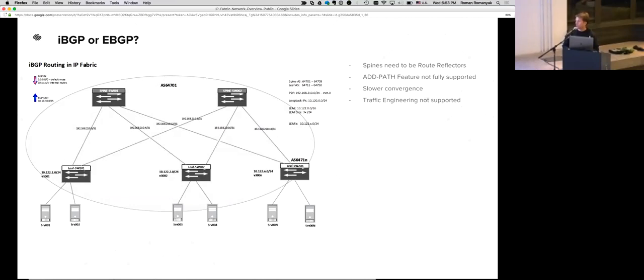BGP is using a couple of rules for loop prevention. One rule is if the router sees its own autonomous system in the route, it's going to reject it, and also the iBGP speaker will not advertise routes learned from one iBGP speaker, a neighbor, to another one. So in this case, the spine switch has leaves as its neighbors, and it's not going to advertise routes learned from the leaf to other leaf, unless you convert the spine to be a route reflector, but route